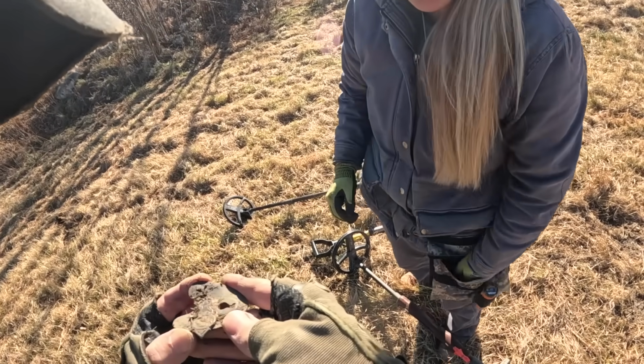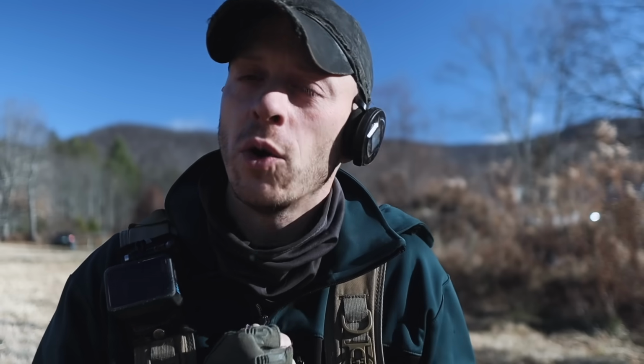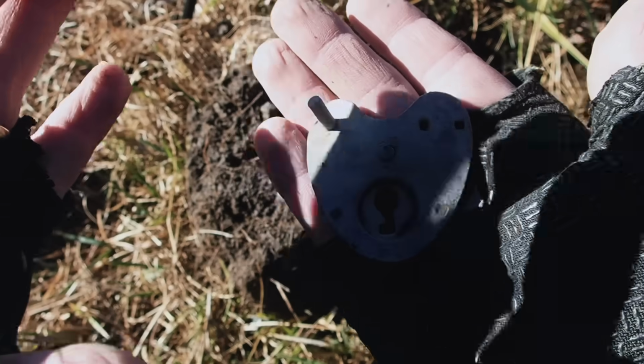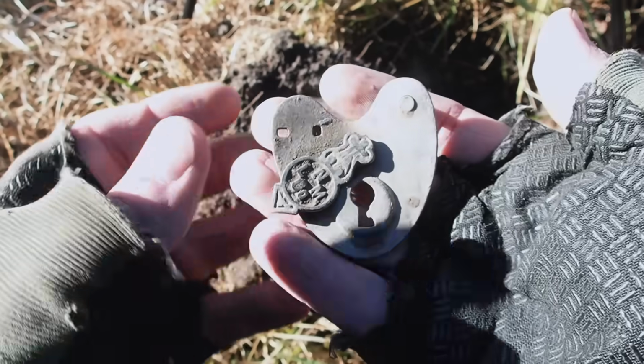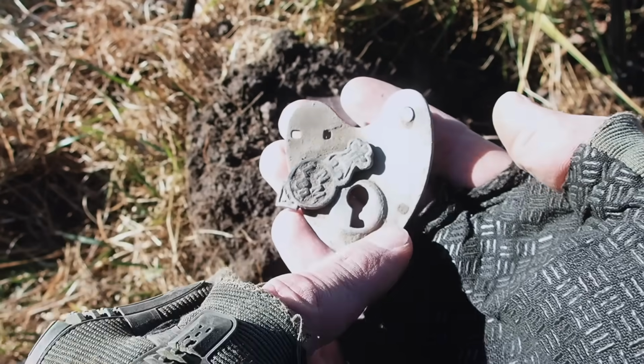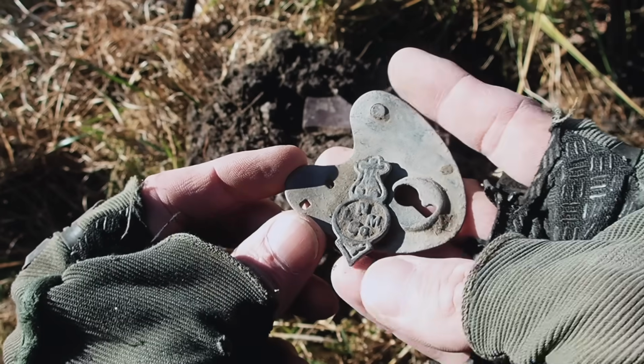Well, what a cool find this thing is. It's obviously part of a padlock, and you know, oftentimes when we find these old padlocks from the end of the 1800s, the whole lock itself is iron, and the only thing that is brass and is still recognizable is the keyhole cover and sometimes the keyhole itself. This, while only a piece, is part of a full brass padlock. Fortunately, we only have a small piece of it, but certainly the best piece. Here we can actually see what the shape of the key would have been, and the keyhole cover,